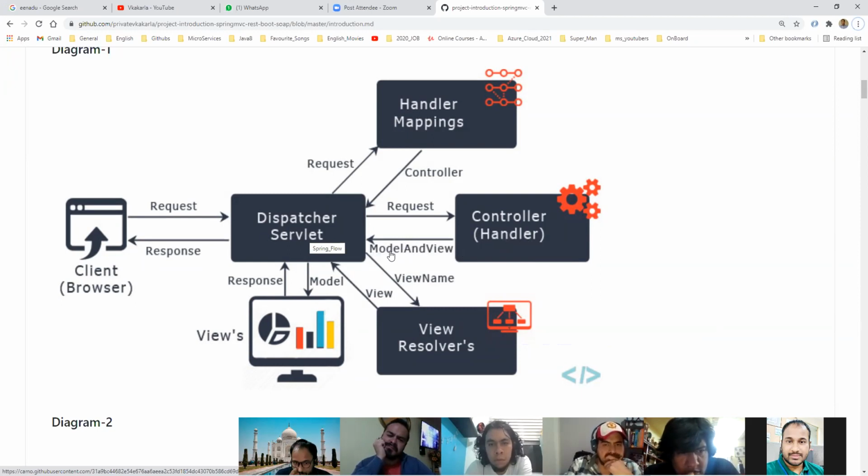A model view is an object, and from that object we can send the response here. Now the dispatch servlet will be confused. With the model view, the dispatch servlet doesn't know which JSP or which page the response should be populated in. Just as it took help from the handler mapping to find the exact controller, in the same way it will ask the view resolver: hey view resolver, please give me a particular view name so that my response will populate that view.